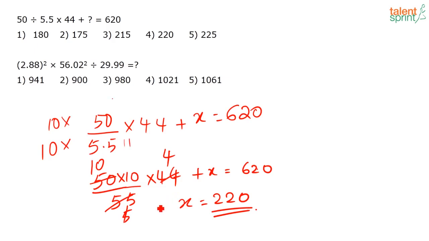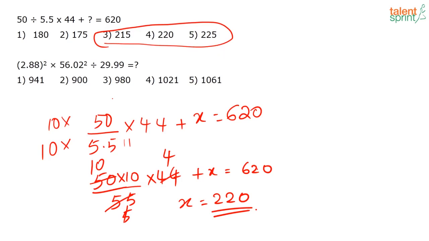If we consider it as 5, we will not get the exact answer, right? It is going to be slightly varying from 620. Here the options are close: you have 215, 225, 220. So you will not be able to decide correctly which is going to be the answer. So why do you want to approximate it and go wrong?